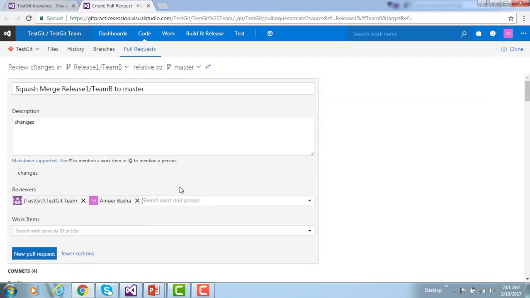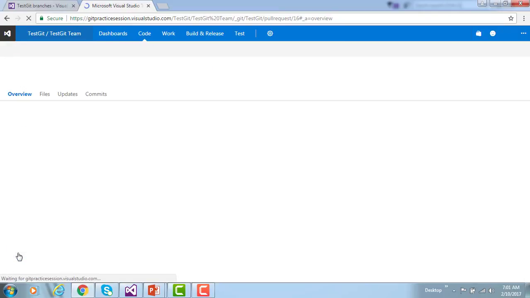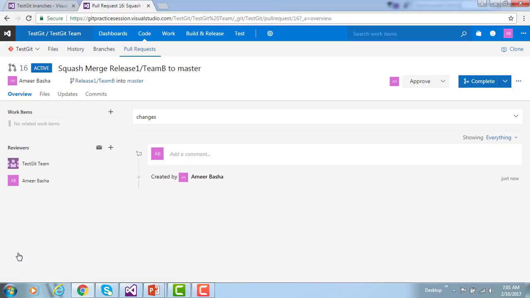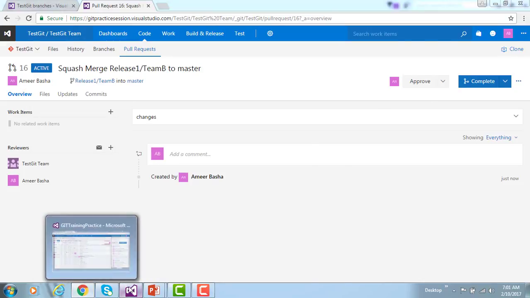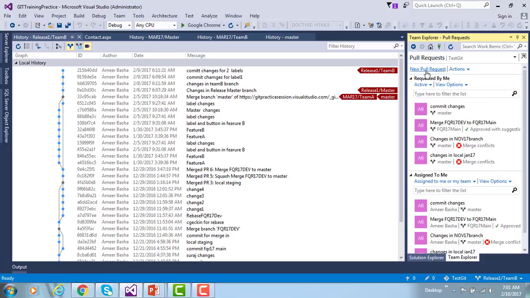So when you create a new pull request, in the later part of the session I will cover what work items and other things are there. I will go for that in the next session. But right now I'm just going to create a new pull request. So it will send the request to the particular team member or whoever the reviewers are. You can go ahead and check it out in the new pull request, right? Now if you see